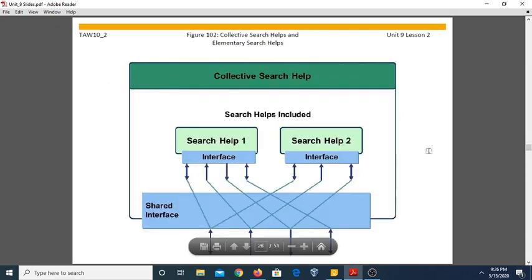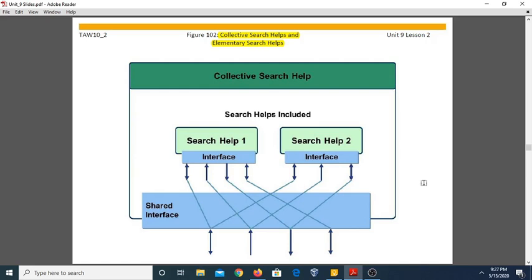Come to the next topic, collective search help and elementary search helps. In the previous slides, I discussed that multiple search paths are required because in a real scenario, the person may use different search paths and different ways according to their situations.